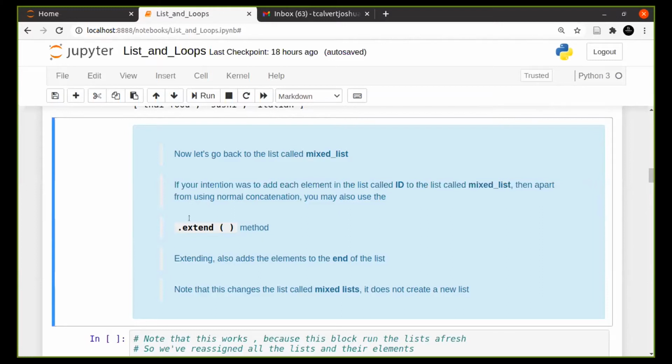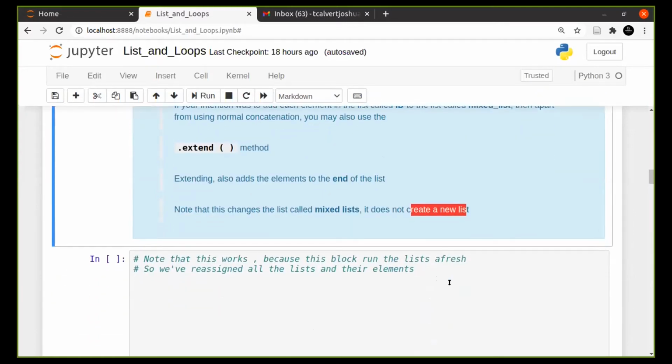So there's a method that specifically exists for lists called .append, and now we see .extend. And it usually looks like this with a dot, the method name, and open brackets. Now, sometimes this takes an argument and sometimes it doesn't. We will see somewhere it doesn't. In the case of .append and .extend, it does take an argument. Sometimes it takes multiple arguments. And remember, an argument is whatever we put inside this bracket that could be extra instructions for this thing. In this case, the .extend gives it the instructions of what to add or what to extend the list by. .extend also adds it to the end of the list, but the difference is